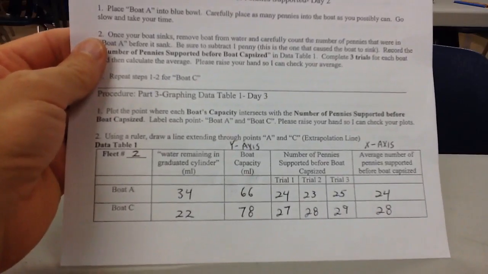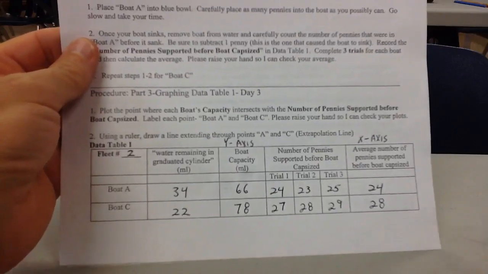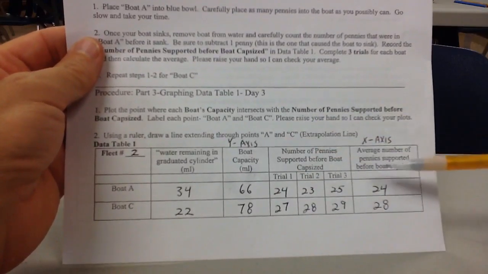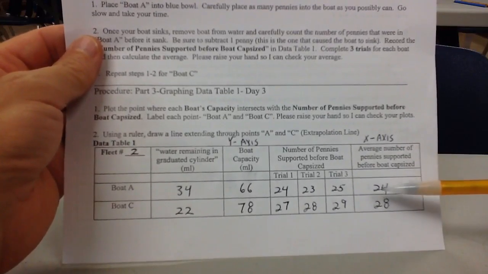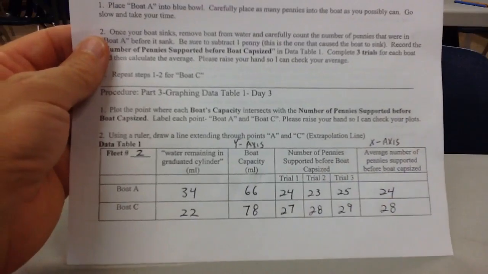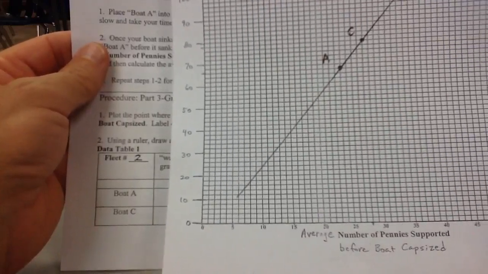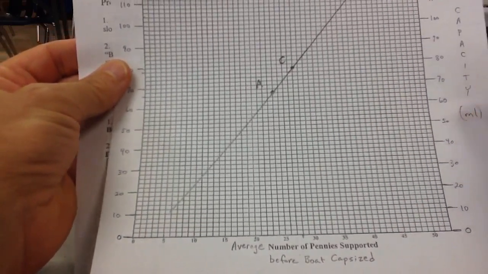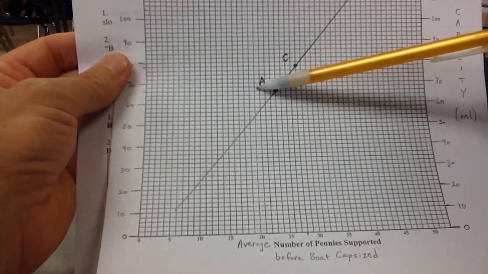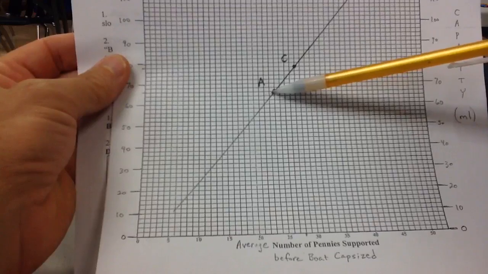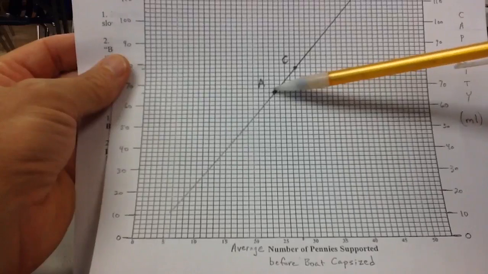At the conclusion of yesterday, we had this data table filled in, and we'd used boat capacity along the y-axis and the average number of pennies supported for the x-axis. We took these two numbers, 24 and 66, this is boat A, and when we did this, if you recall, we went 66 and then over to 24, and we made the plot for boat A,